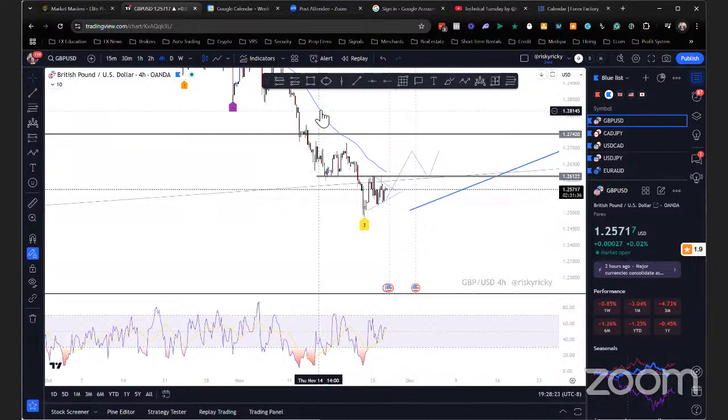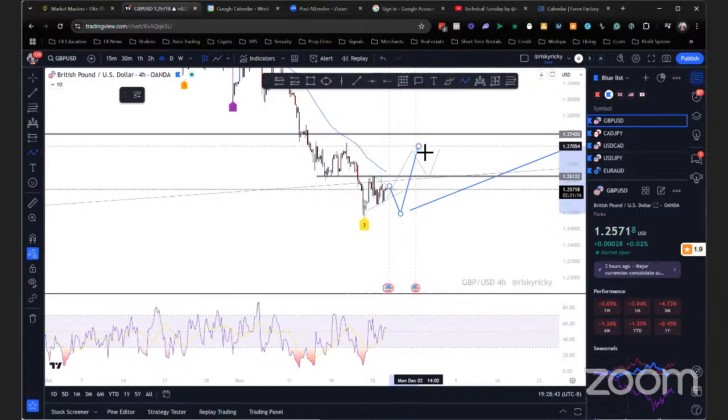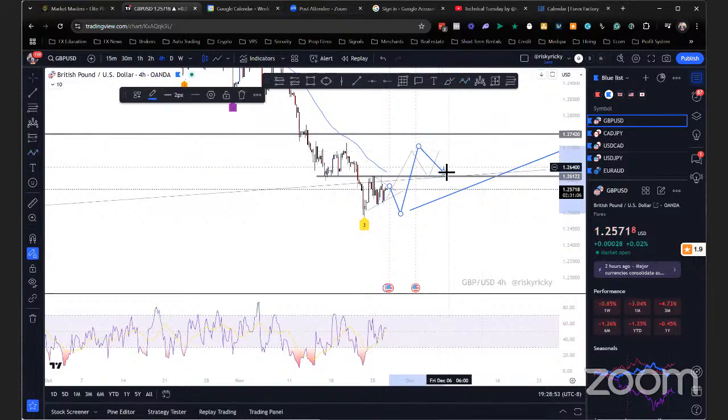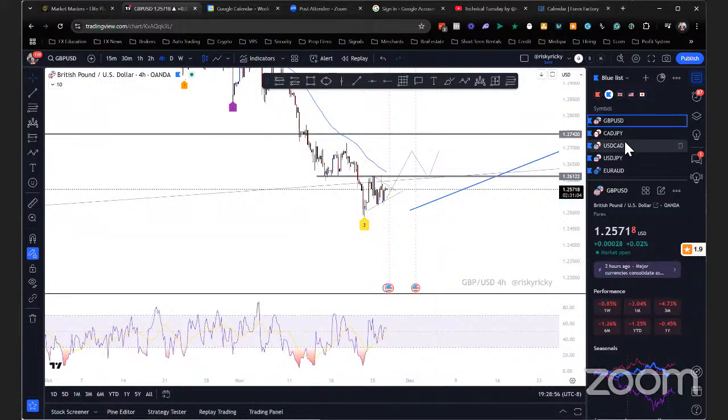We'll see what's going to happen towards the London session, but usually London session will go one way, and then New York session may reverse. So it might actually do something like this, where London session will drop down, maybe down to these lows, and then New York session pushes up and breaks towards the upside, and then consolidates towards the Asian range. But yeah, so again, not really a nice setup there.